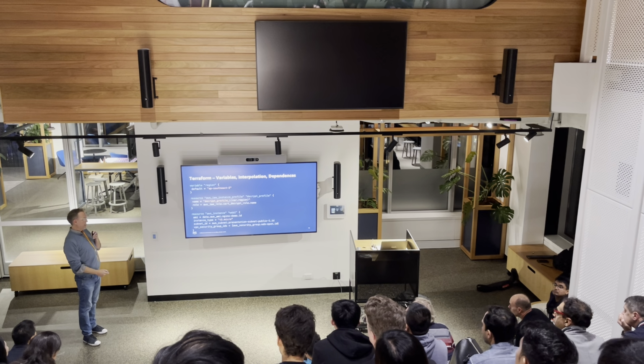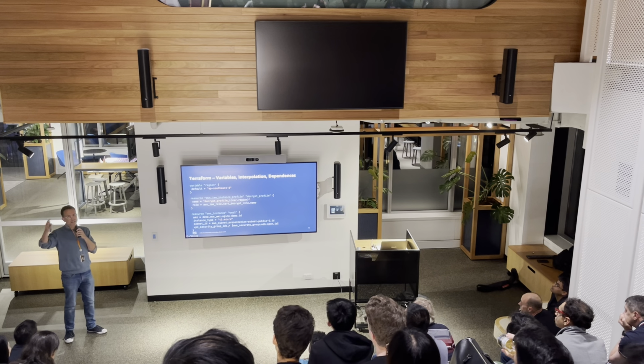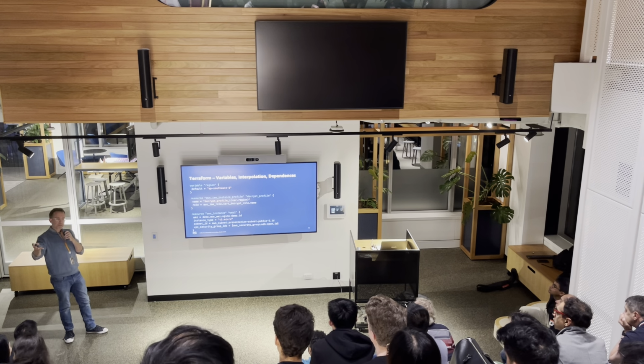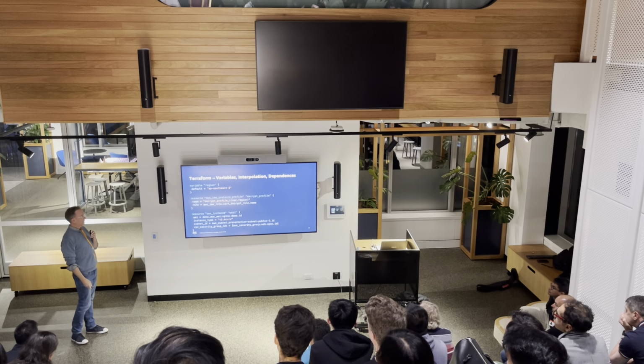And it's through these dependencies that Terraform knows the correct order to go off and create things. So this particular instance is launched into a subnet and uses this security group. It means that that subnet and that security group need to be created before the instance. And Terraform's smart enough to understand that hierarchy of dependencies and create things in the correct order.